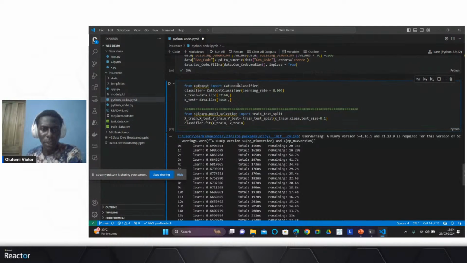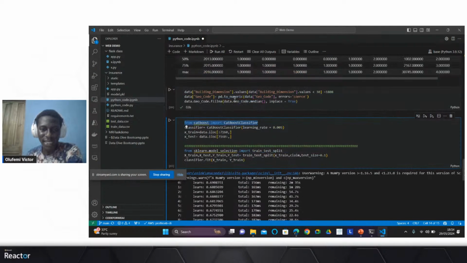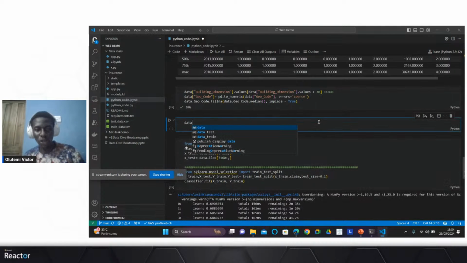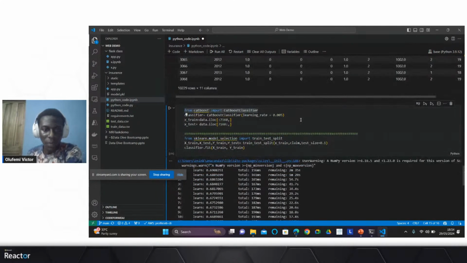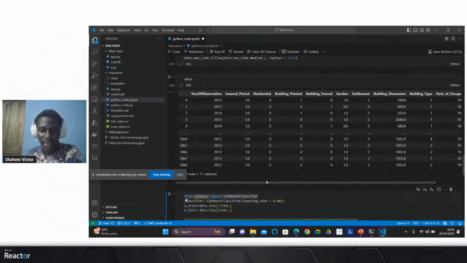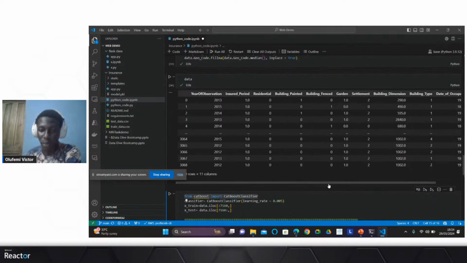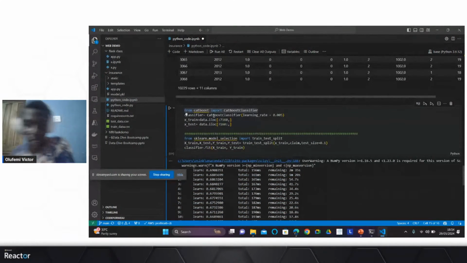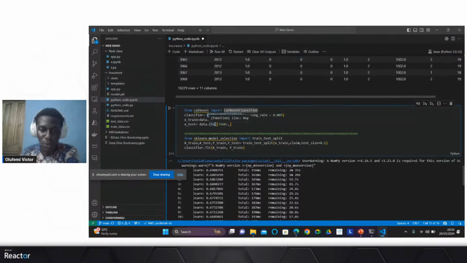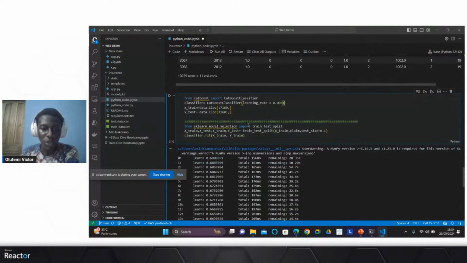And of course, I then move on to modeling, which is simple now that we have our data set ready. Just to show you what it looks like, we now have all our data in numerical values, right? Geocode, everything is numerical now. So we can then decide to build a model. I'm using the CatBoost classifier to build a model, just specifying a basic learning rate, and of course this is just a basic modeling strategy, right?